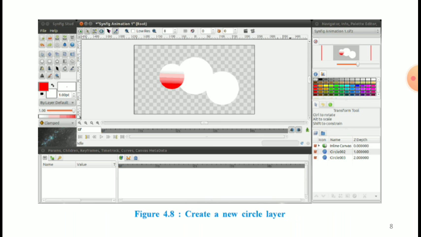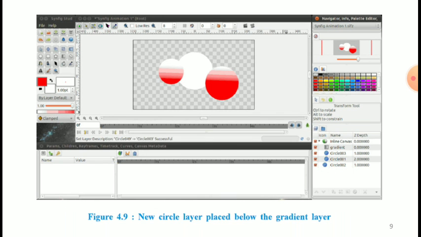Now drag this new circle layer into the inline canvas layer, and we place the circle layer just below the gradient layer, and the effect will be as shown in figure 4.9.